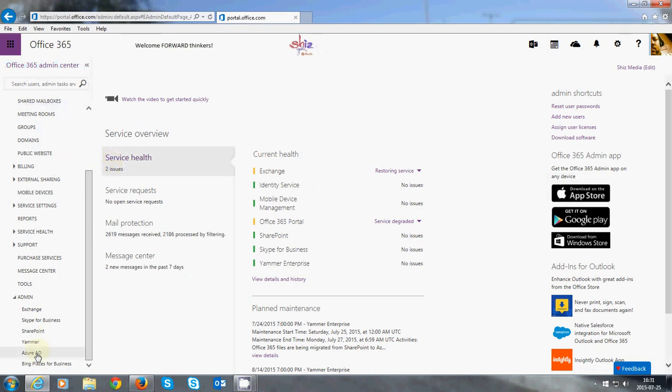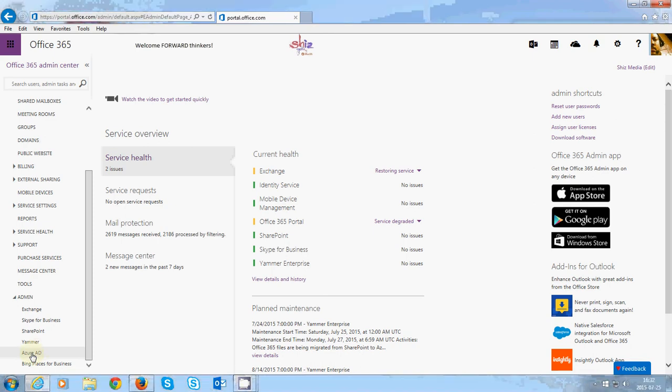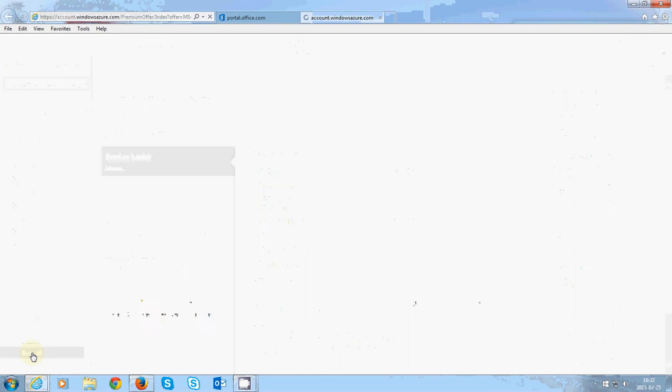The easiest way to get to Azure, because you have to do this in Azure, you have to make sure that you click into this. This makes it easier without having to know the website address to the Windows Azure page, or I keep calling it Windows, Microsoft Azure. So you click on Azure AD,